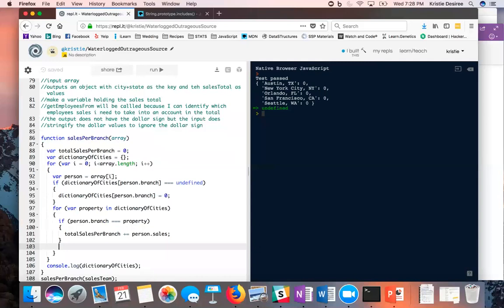And then we will change the total that's currently held in the dictionary, which is 0, to the total sales after all the people in the state have been accounted for. Okay, so